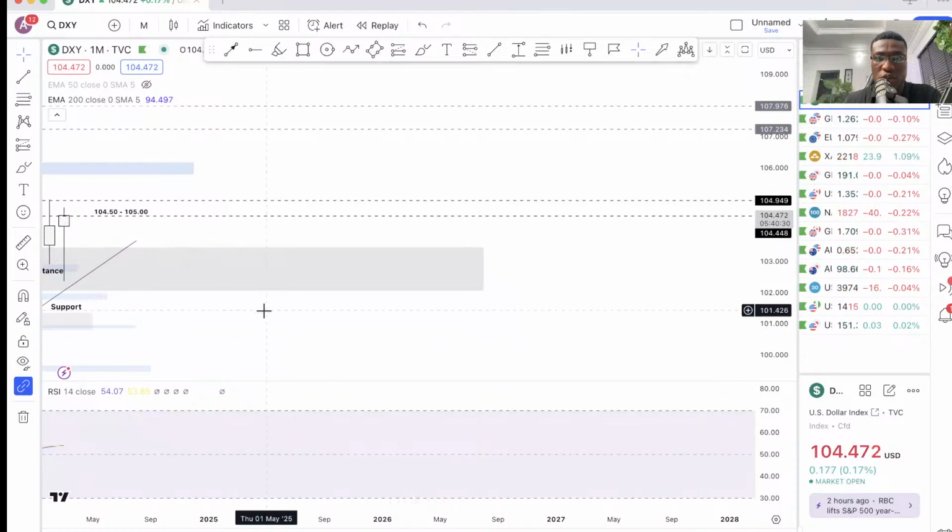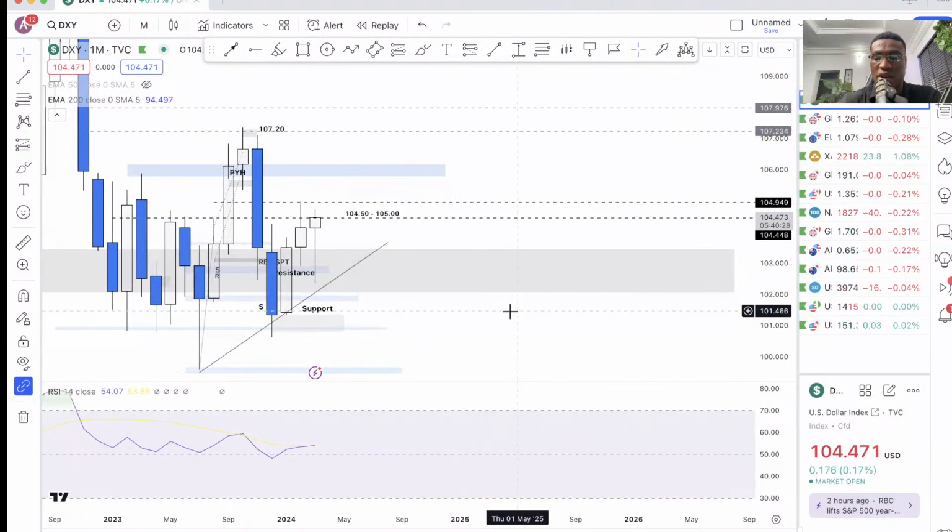All right, so we're on the monthly time frame on the dollar index right now, and it's also good that you start from the monthly, regardless of your trading style. You can start from the higher time frames. If you're a scalper, maybe you don't need to get to the monthly. You can start from the daily or the weekly, but it's just good to start from the higher time frames. Now, if you look at the monthly time frame,